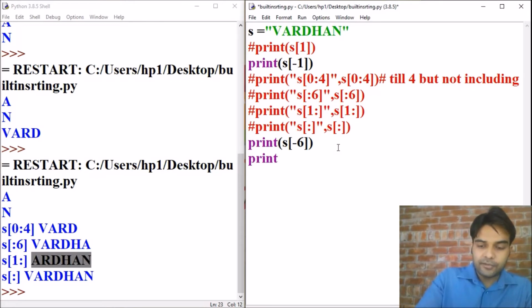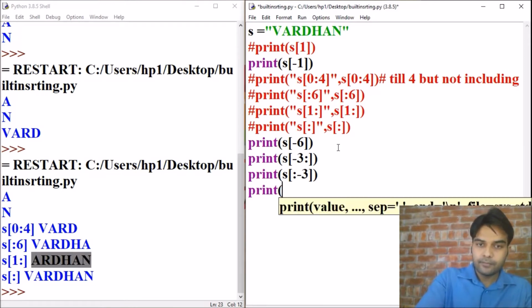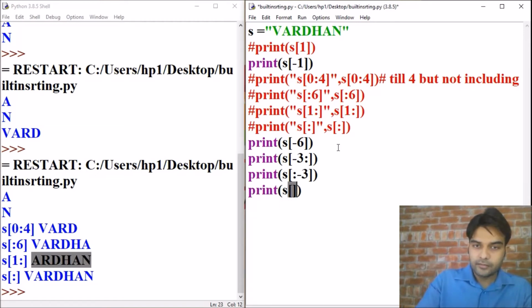For negative index we will write print s minus 3 colon, and see the difference between these: s minus 6 colon minus 3.